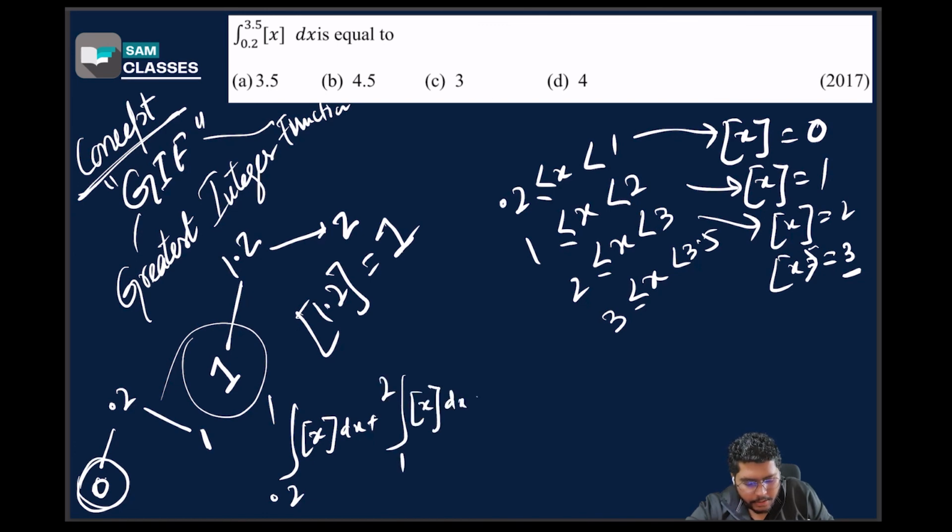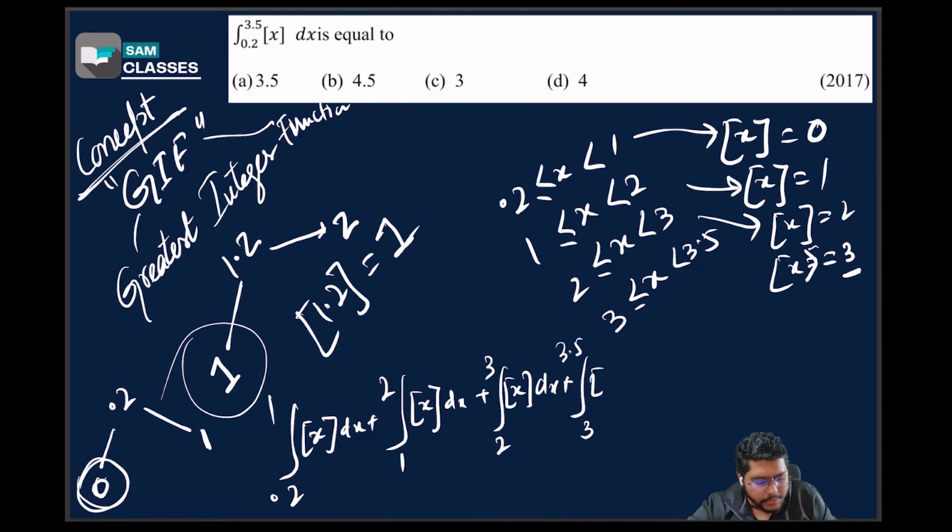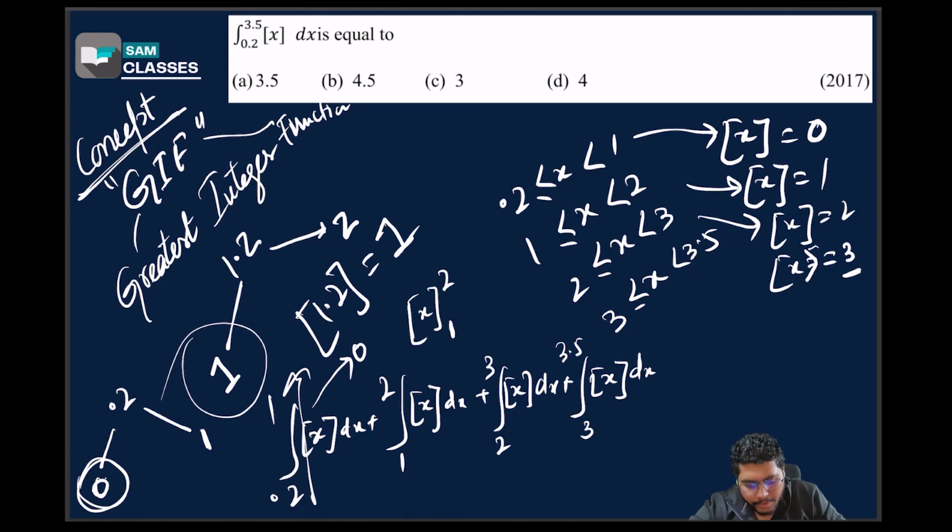plus 2 to 3, box x dx, plus 3 to 3.5, box x dx. That's it. The first value is 0, so directly I don't have to do anything. The next one has box x equal to 1, so 1 will go outside. The integration of 1 is x, and the limit is from 1 to 2, so 2 minus 1,